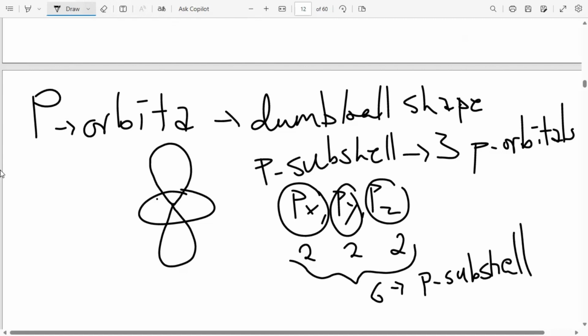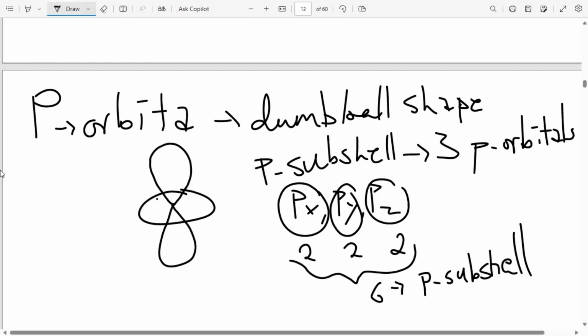The p subshell is going to accommodate a maximum of 6 electrons, because each of its three orbitals, namely the px, py, and pz, can accommodate a maximum of 2 electrons. So one important thing that we should also note about p orbitals is that due to this directionalness that we've talked about,